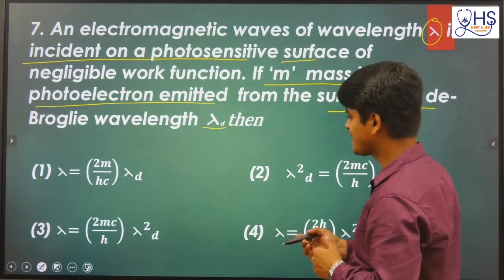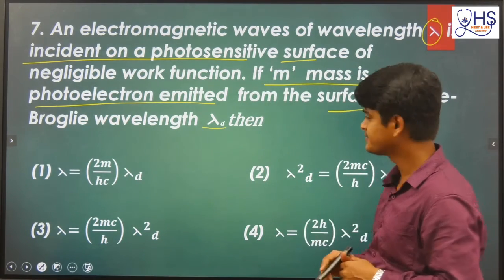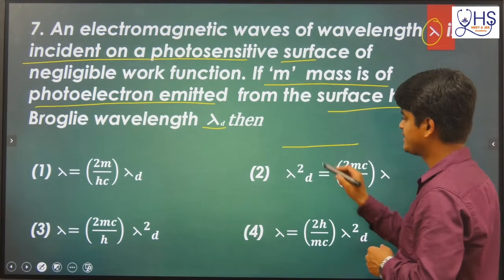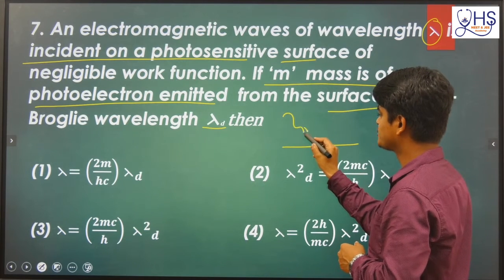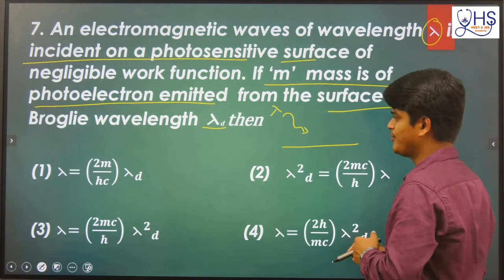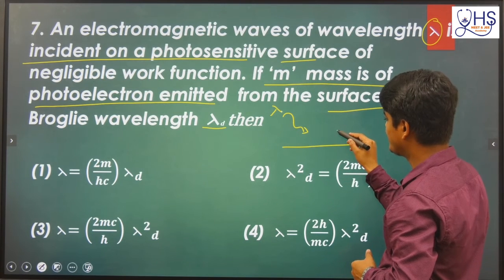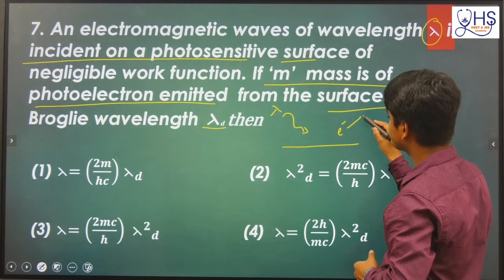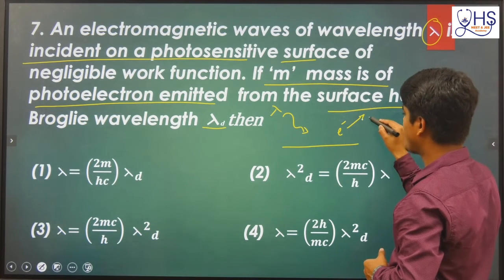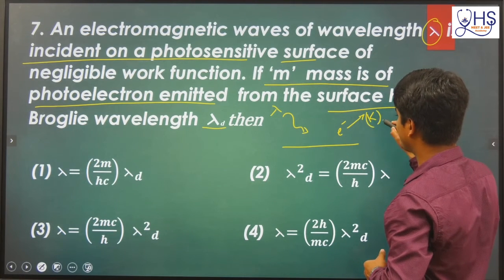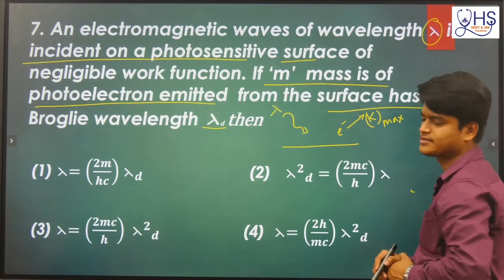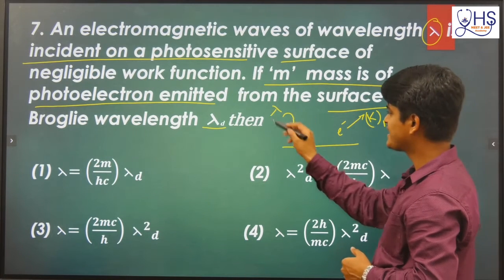Now try to understand, this is a question from the photoelectric effect. So here is the surface, and lambda is coming, it is an incident wave of wavelength lambda. Now here an electron is emitting. If an electron is emitting, it will have some kinetic energy. Let us take this maximum kinetic energy as Kmax. Now what is the total energy?